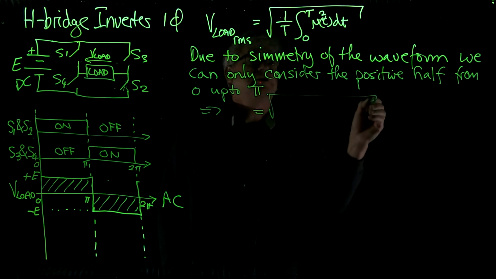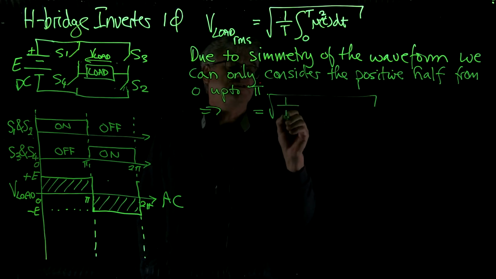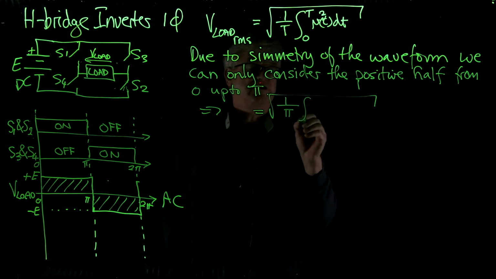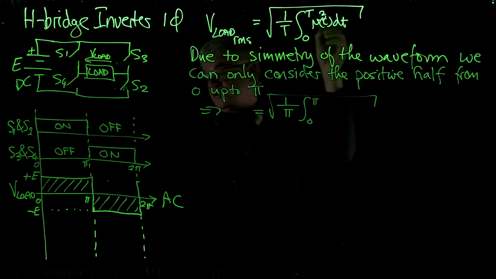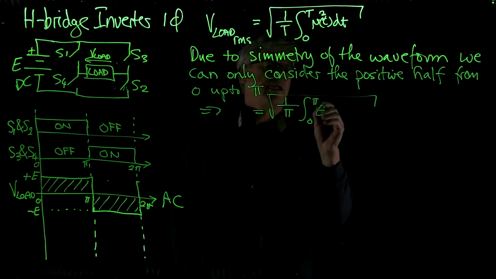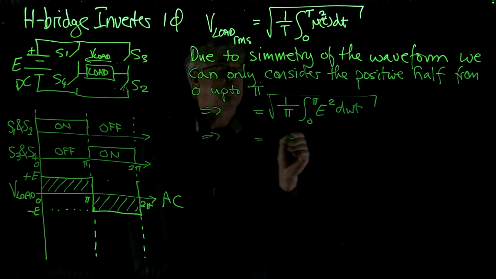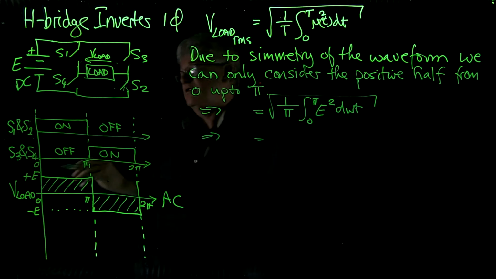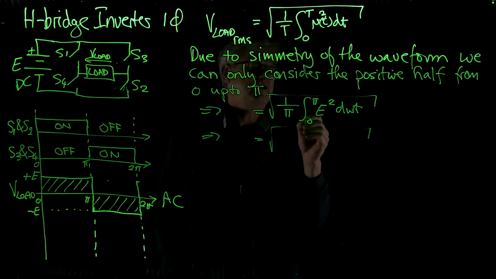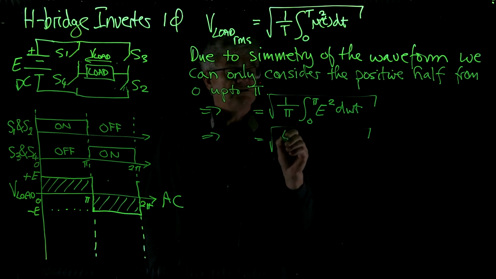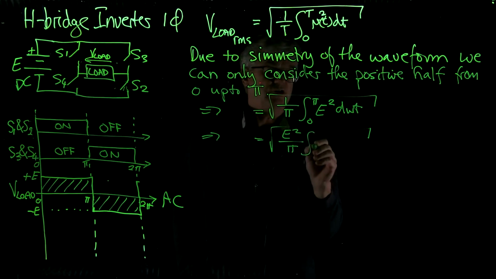is equal to, now the period here is from 0 up to pi, so T is pi, and the lower limit is 0 and the upper limit is pi, and the voltage is E, and it is squared, d omega t. And therefore, we can say the E does not change from 0 up to pi, so it's a constant, so it can come out of the special bracket formed by the integral sign and d omega t. So therefore, we have E squared over pi, and we have the integral of 1 d omega t,